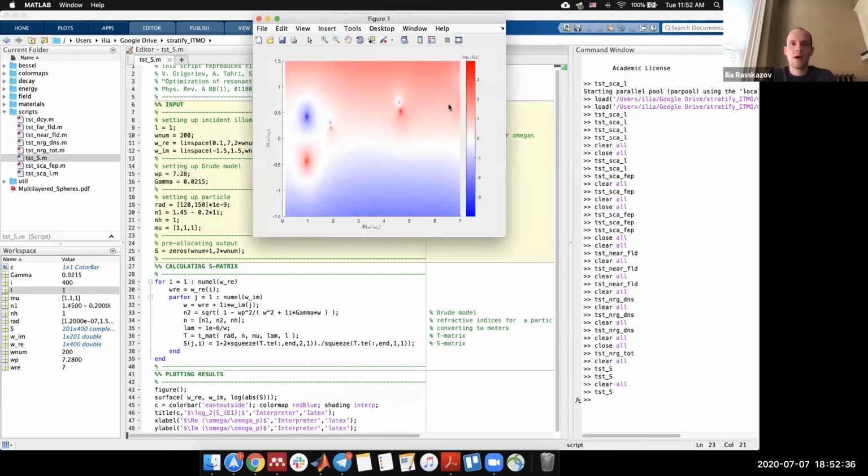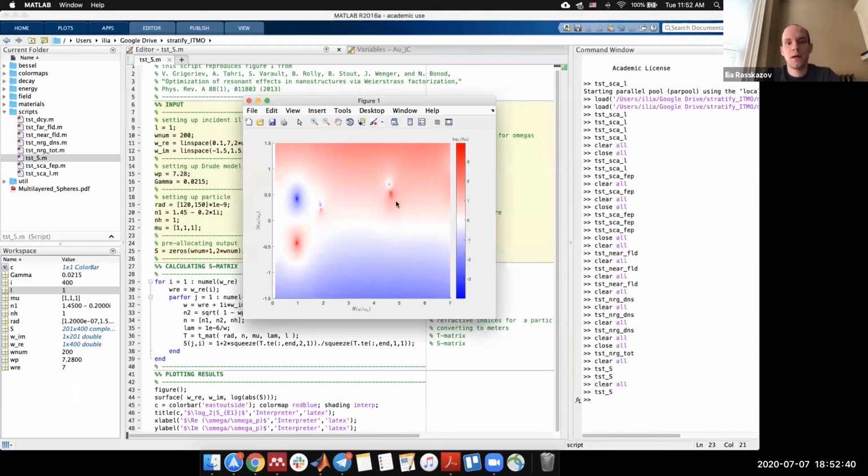Okay, so now what is happening here is that our poles are moving from negative imaginary parts, from the lower complex plane to the upper complex plane, and this is basically the sign that our system begins to act as a laser. But we have chosen this gain not very smartly, just randomly. If at some point you choose a gain amount such that this pole will be on the real axis, you will have